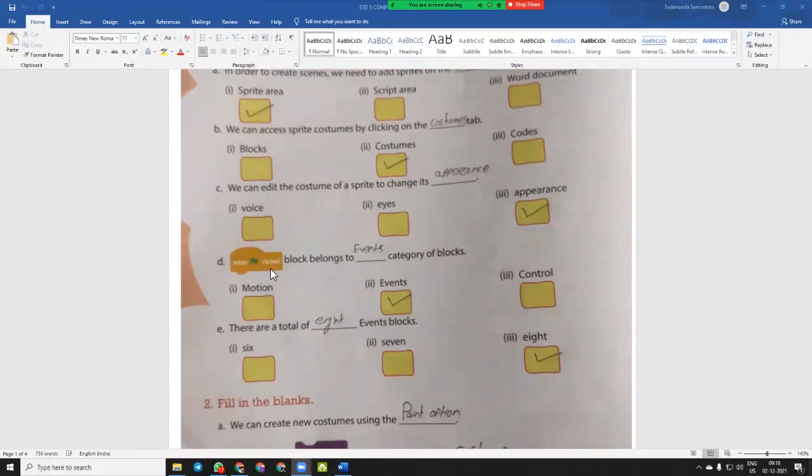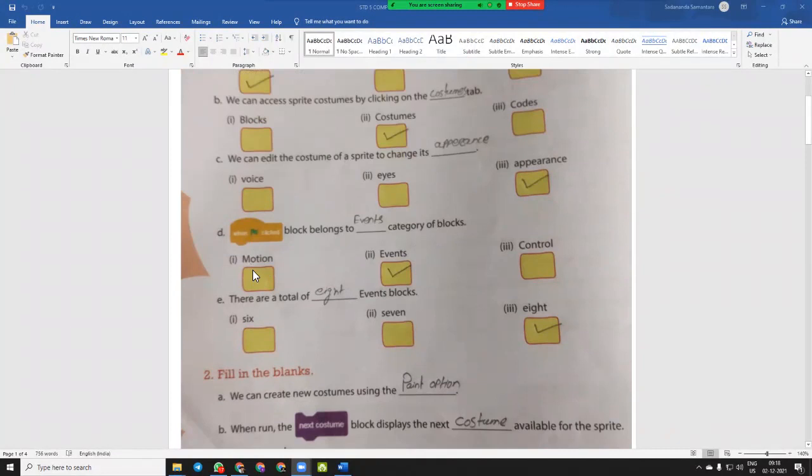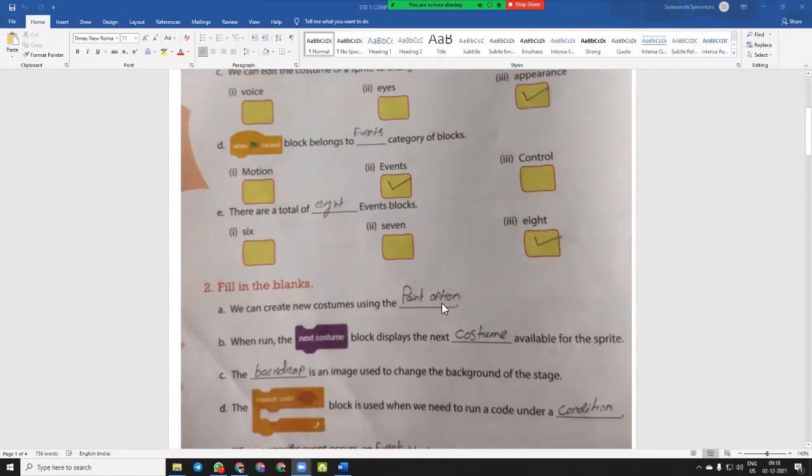When green flag clicked block belongs to the category of blocks, events. Okay, events block. There are a total of 8 events blocks.